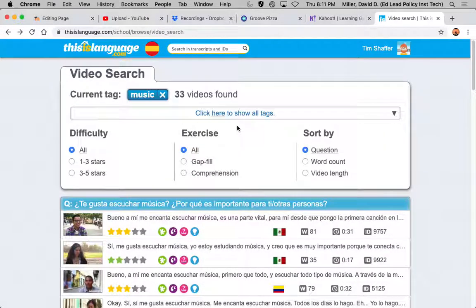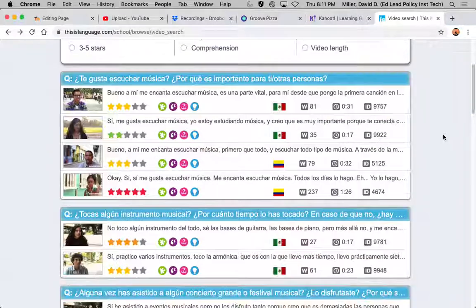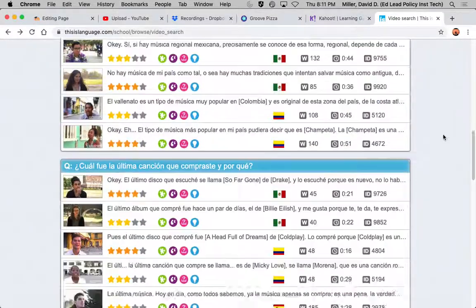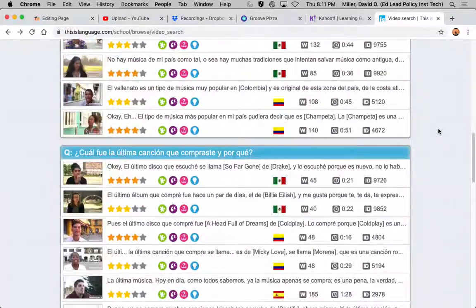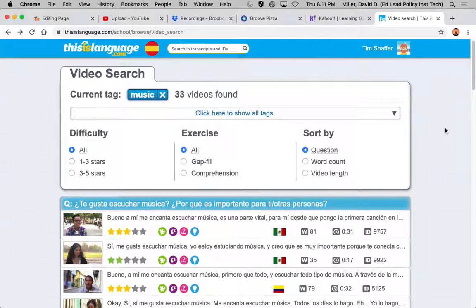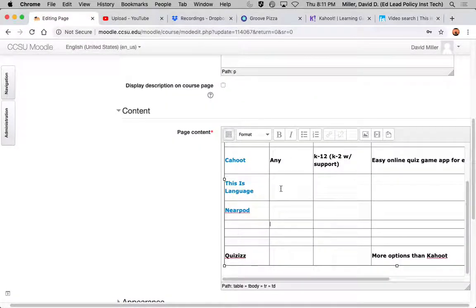Wow, there's a lot in this. Yeah, it's a really great tool, especially to be able to get them to hear native speakers. This is something that Region 10 has? Our department has it, as a subscription. It's primarily for world language, and even at the lower difficulty levels it's a challenge sometimes to find content for younger kids. So maybe more like middle and high school, probably. Yeah, like 6 through 12 or so.